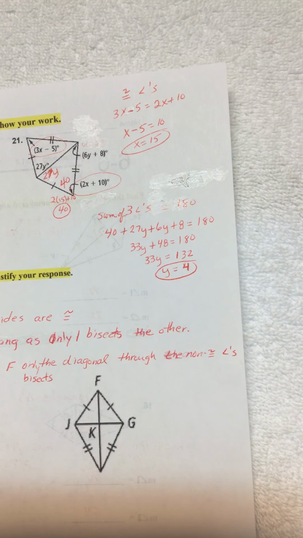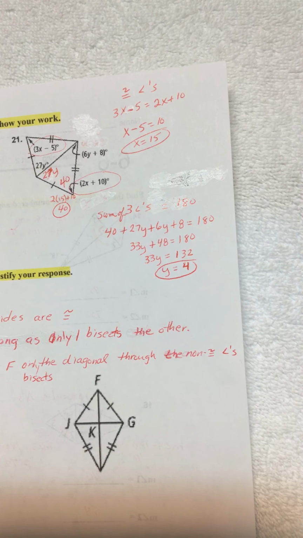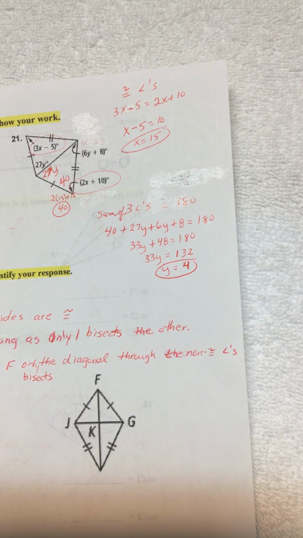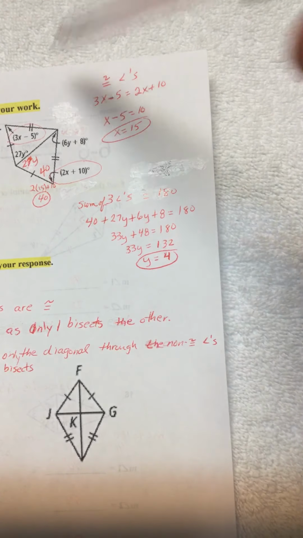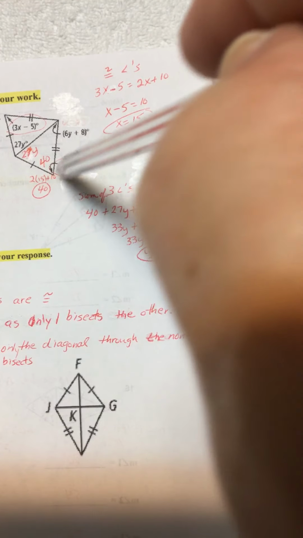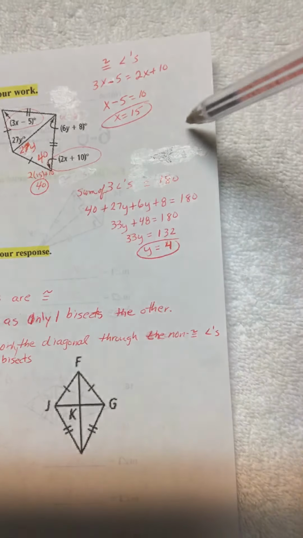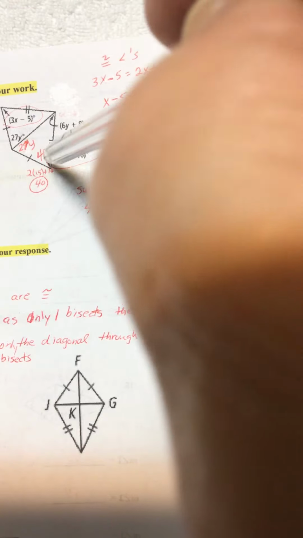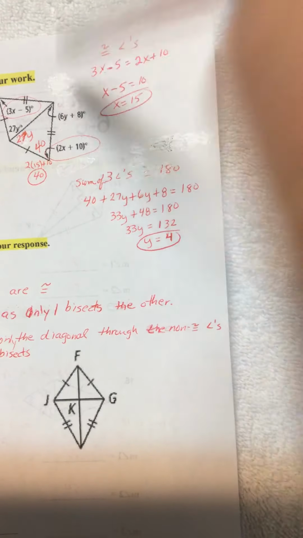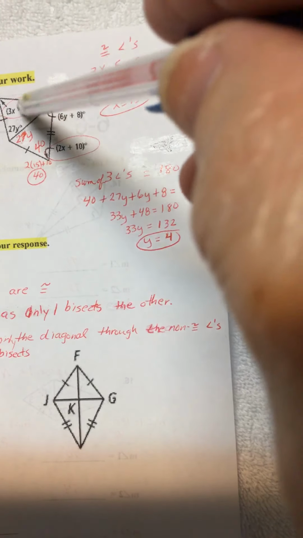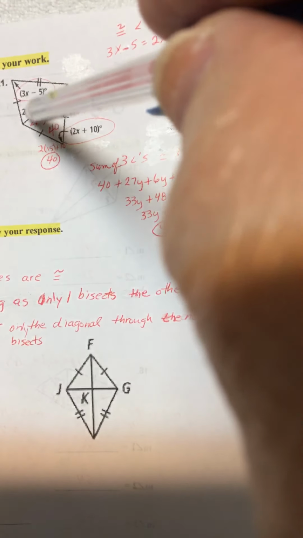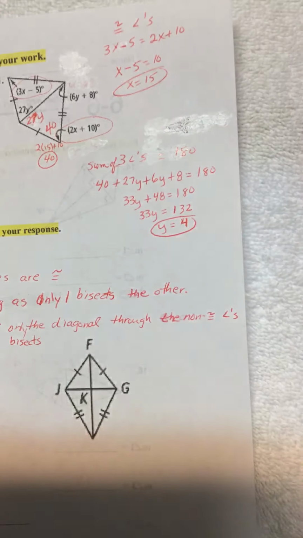So 3x minus 5 is equal to 2x plus 10. I subtracted the x and added the 5. So now x is 15. If I think about this, that makes this angle right here at this corner 40, because 2 times 15 would be 30 plus 10. This angle right here is 40. This angle is 6y plus 8. And remember, these 2 triangles are congruent to each other, so I can move this 27y